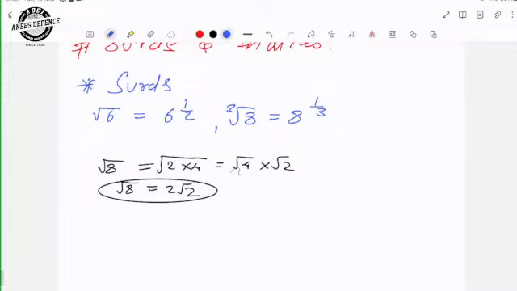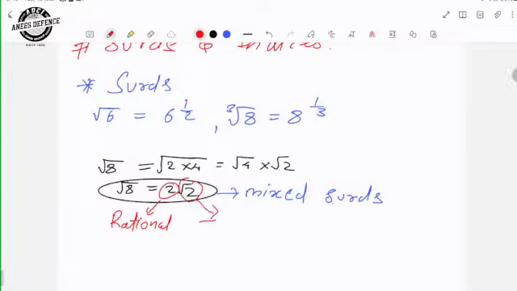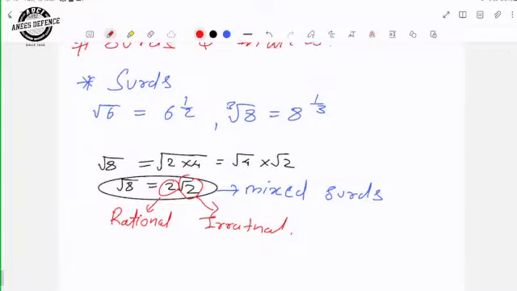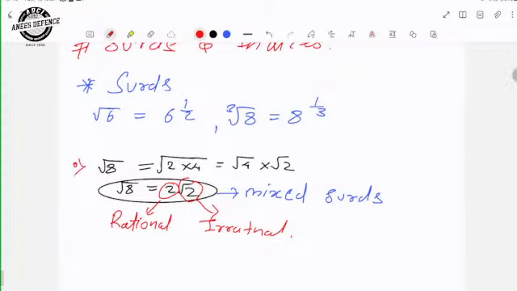इसको मिक्स्ड सॉर्ट्स बोलेंगे। ये जो मिक्स्ड में है ना, 2 एक रैशनल है, और ये √2 क्या है? इरेशनल। तो रैशनल और इरेशनल जब मल्टीप्लिकेशन में आता है, उसको क्या बोलते हैं? मिक्स्ड सॉर्ट्स। और जब सिर्फ इरेशनल आता है, जैसे कि ये वाला,